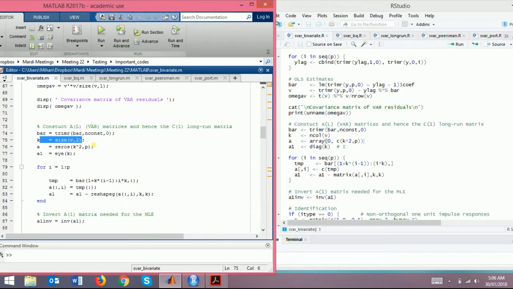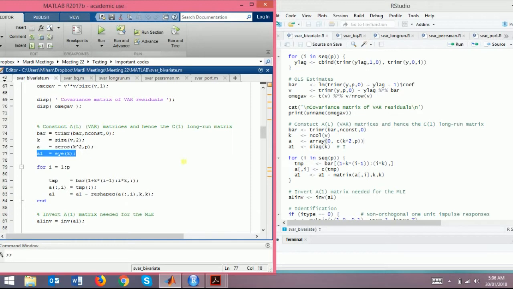For each variable you'll have one residual, so for 2 variables you have 2 residuals, so actually 4. And if you have 2 lags, then 2 columns in terms of lags. Very simple. So that many I'm ready to store,